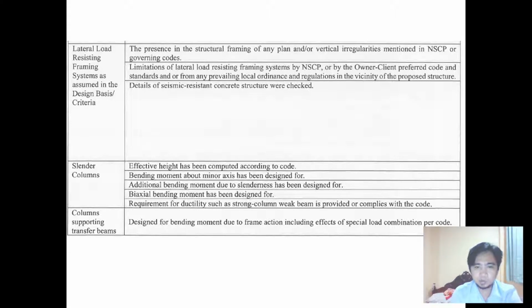The first thing to collapse, or the first thing to fail, is the column before the beam. So it is important that the column capacity is more, or there should be a stronger column capacity than the